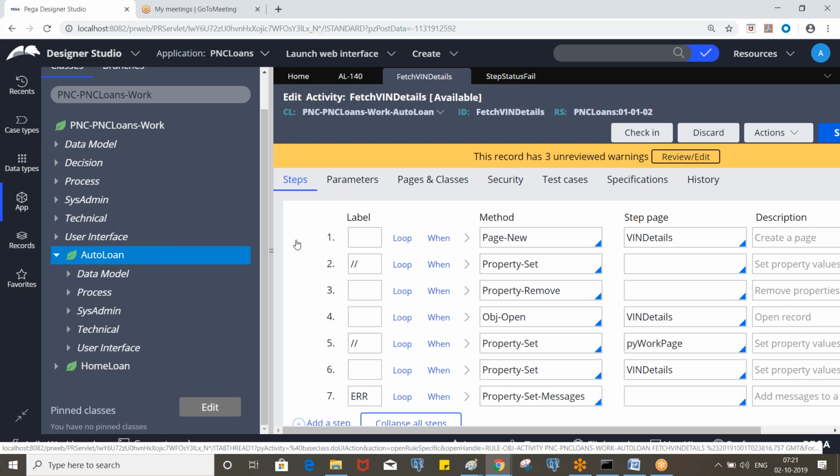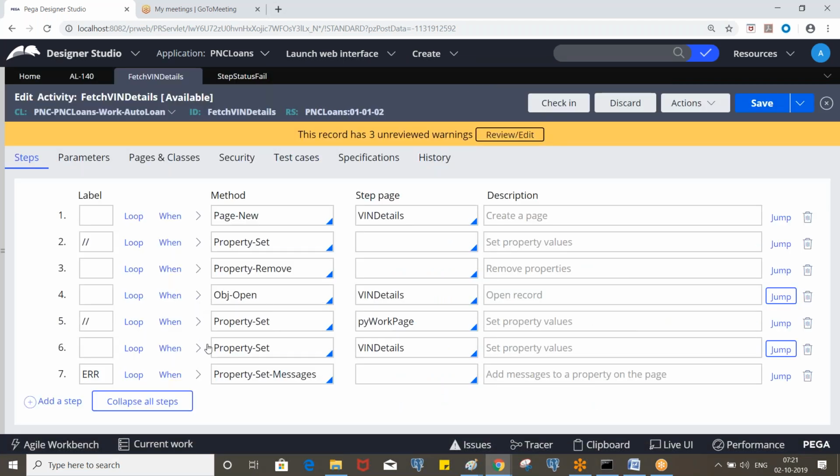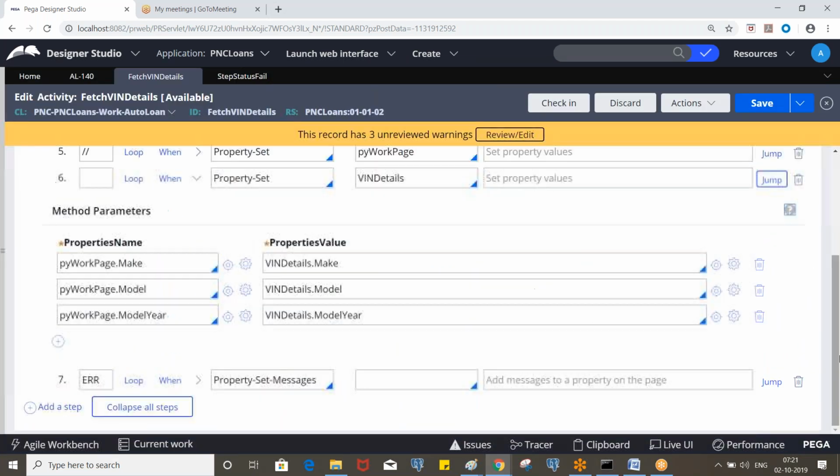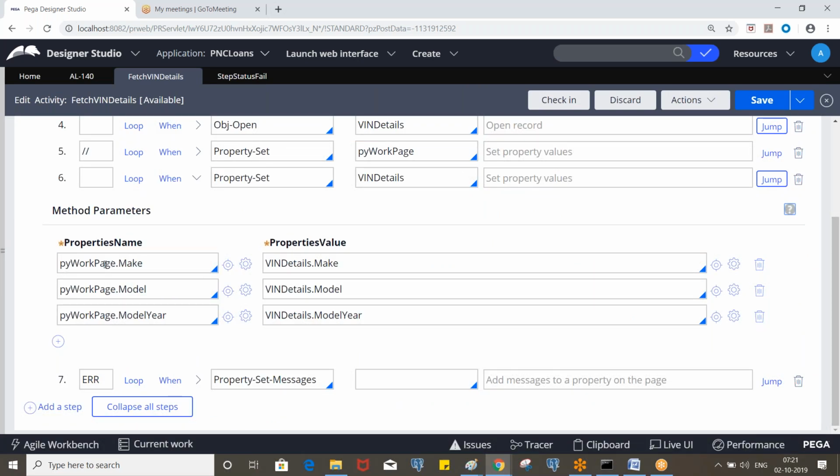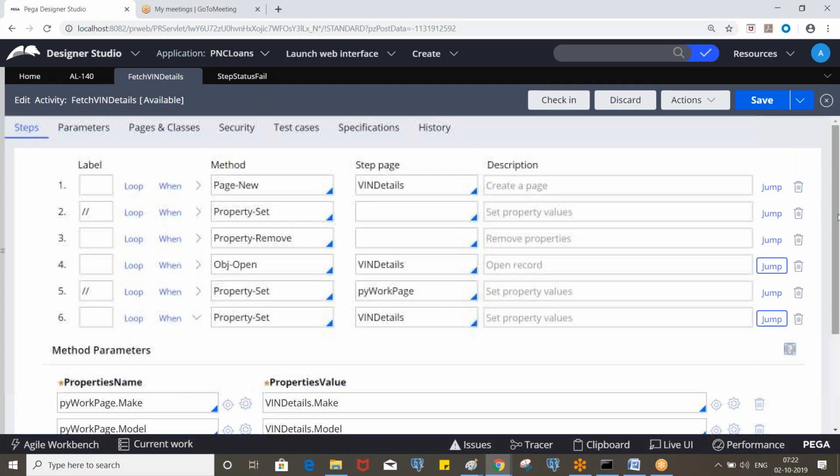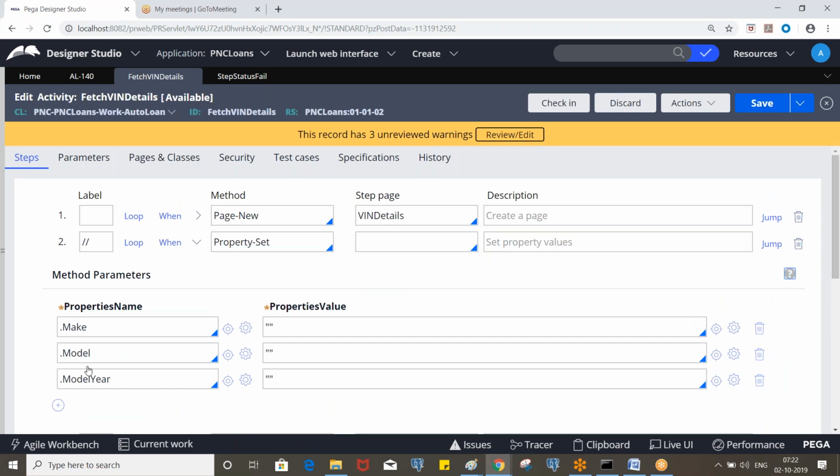Now in the user interface, you'll be calling win details dot make, win details dot model, and in the activity also you need to modify. So instead of putting py workpage dot make, you need to put py workpage dot win details dot make, like that. Now if you have a page, you don't need to use these properties like this. You can directly use the page remove to remove that page called win details. Okay. So can you try that?